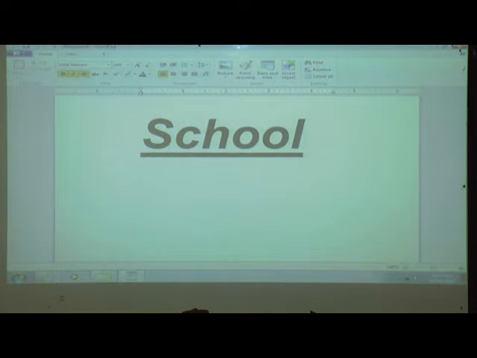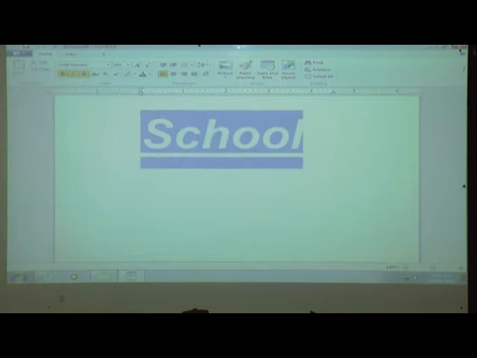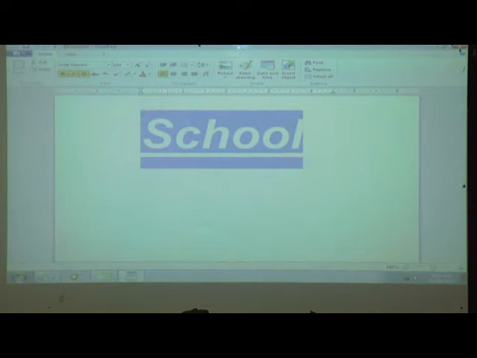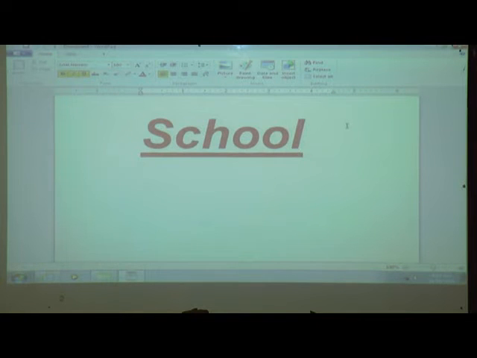Next one is color. Where is the color? It is for text color and it is for background color. Text highlight color. What is different in that? We will see here. Firstly, we must select it, and firstly we will give the text color. We can choose any color which you want. Okay, we will take this color and you can see the changes.